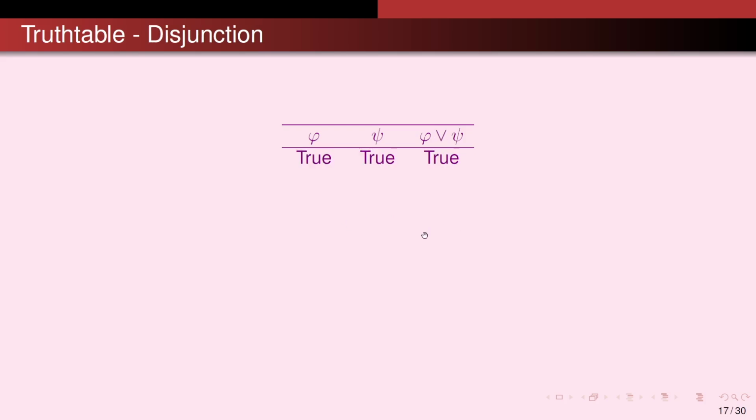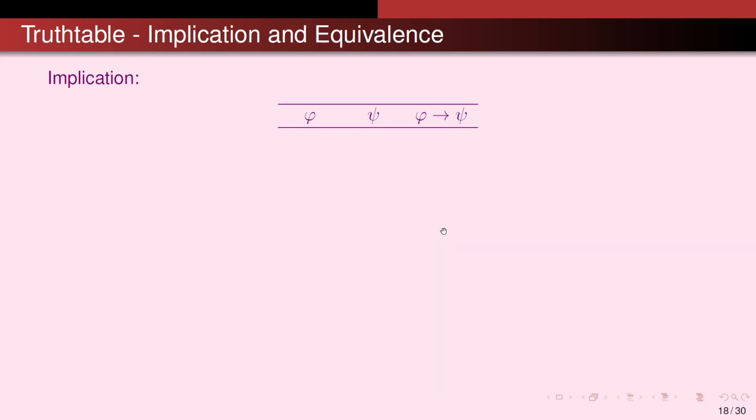For disjunction, if phi is true and psi is true, this is OR, the disjunction is true. In this case, only when both propositions are false, phi or psi is going to be false. In implication,